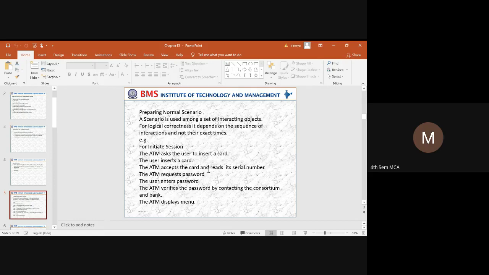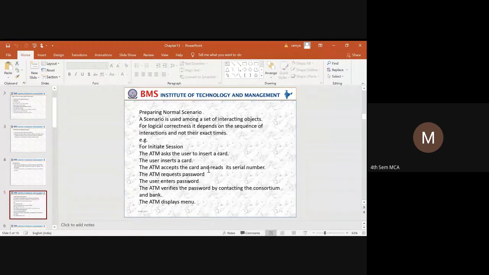Once the system reads the card with respect to the card number, the system will ask the user to enter the password. The user enters the password. Once the password is entered, it will communicate with the consortium and the bank.